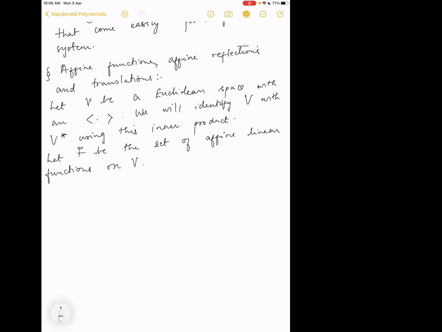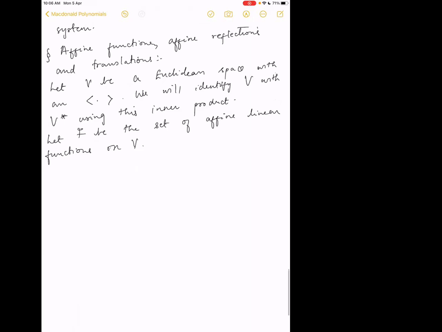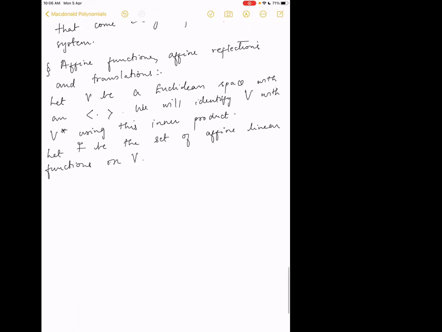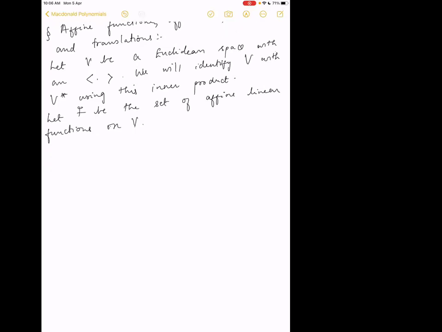But once you make a choice of a base point, you can identify the affine space with V itself. And in some sense, I've already done that. It is not any more difficult to write this in that setup. So I'm going to think of these as functions on V, that is, functions from V to R,